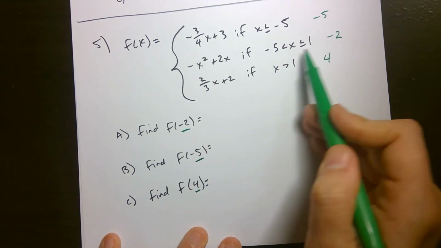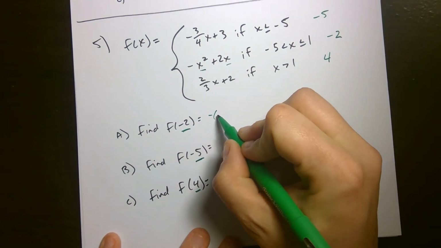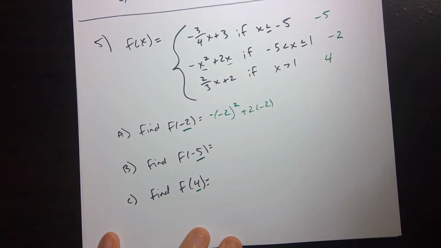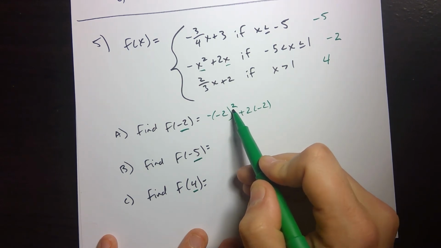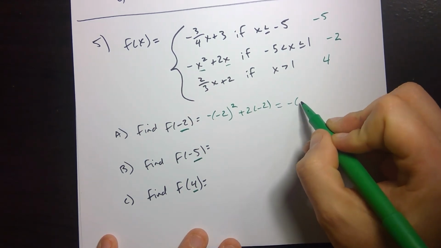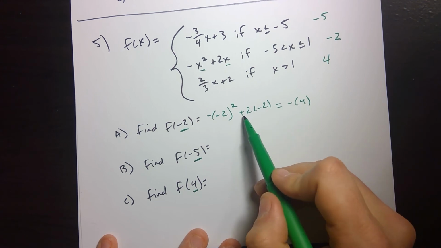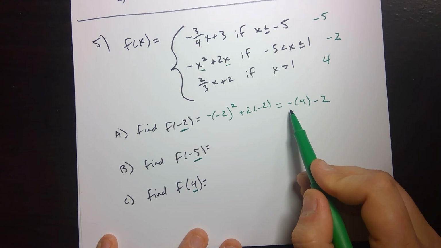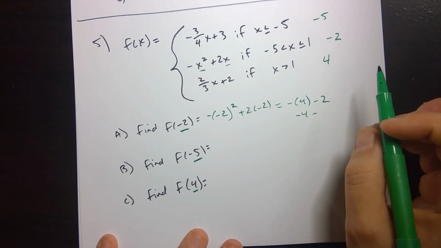And so we had said that -2 is going into the second equation. And so I'm going to put an opposite symbol, a parenthesis, a -2, my squared sign, and then +2 times -2. And so we had this situation earlier. The first thing we're going to do is take -2 and square it, which in this case is going to give me a 4. This little symbol out front is no longer read as negative or subtract, but it reads the opposite. And then right here, 2 times -2 is -4. And so when I do this, I'm going to have the opposite of +4, which is going to give me a -4. And I'm going to subtract